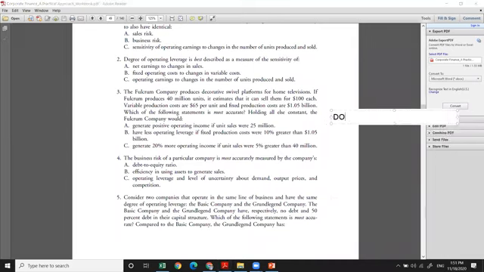So DOL is equal to, our quantity is given here, 40 million units, times the price given here, which is 100 each, and the variable production cost is 65. So 100 minus 65, and it's all divided by